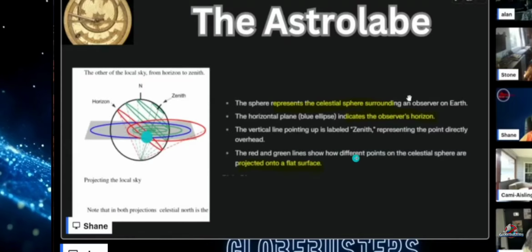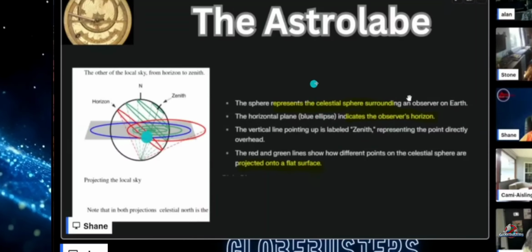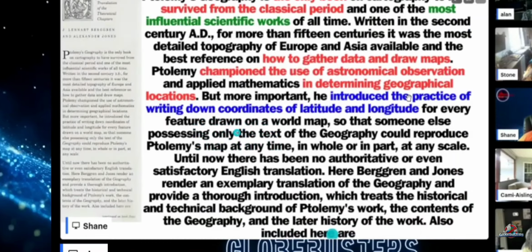There's no difference there. And then I was going to have Shane talk about the astrolabe, but Shane isn't with us today, so you'd have to go back and watch the episode where he broke this down and gave an eloquent explanation of the astrolabe. So since he's not here for that, we'll breeze past it here.